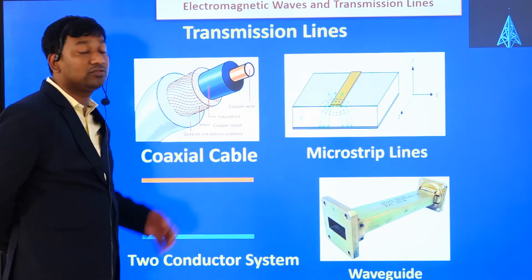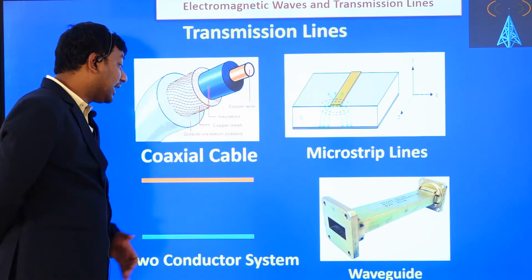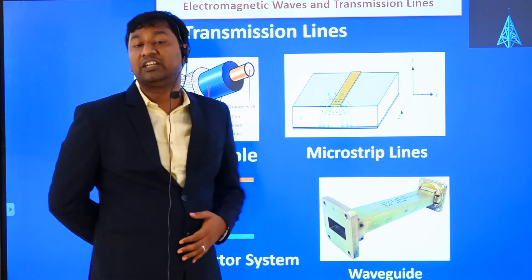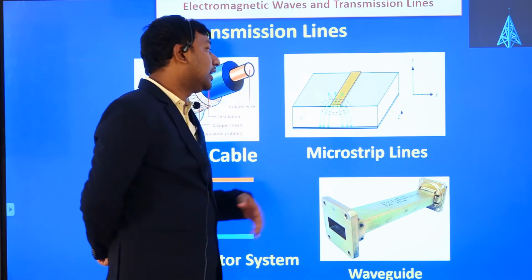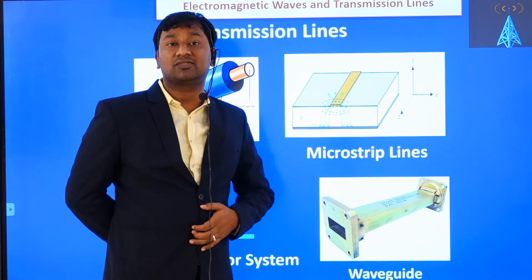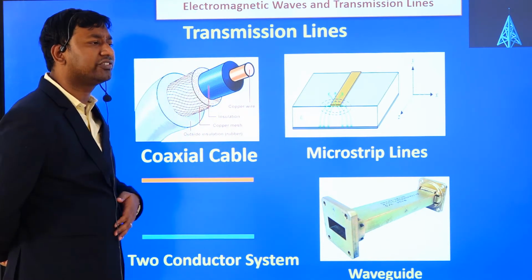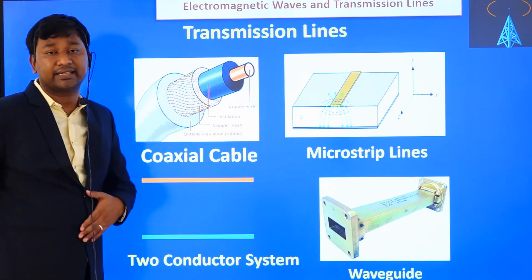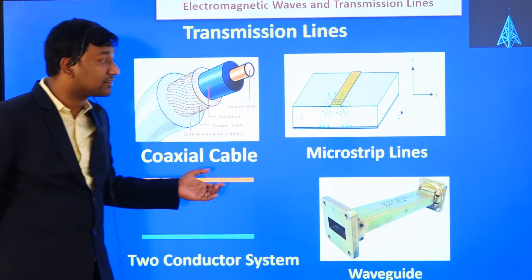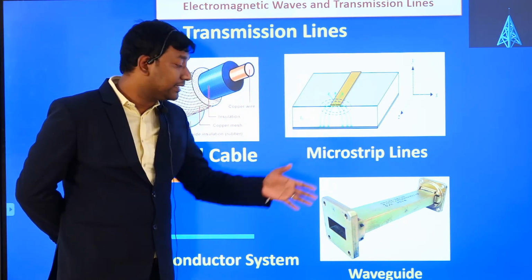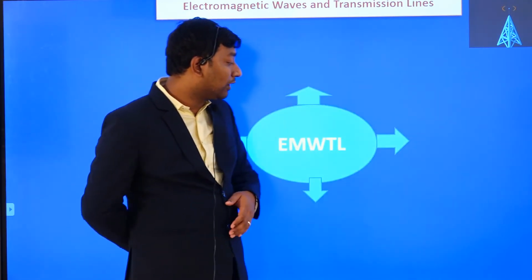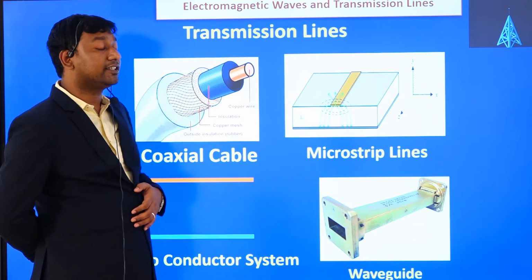So coaxial cable is used in our TV cables and others. In our labs also we are using coaxial cable. Microstrip lines have a limitation of up to 3 to 5 gigahertz, and are used for microstrip antennas and filters for high frequency applications, up to 6 or 7 gigahertz. Next, the two conductor system: coaxial cable and microstrip line are two conductor systems that come under transmission line. Another is the waveguide, which is also a transmission line, but it is a one conductor system. Okay. So those are the transmission lines.